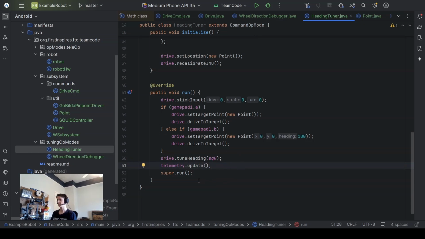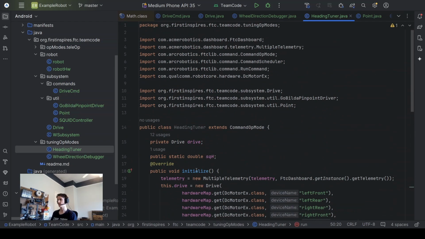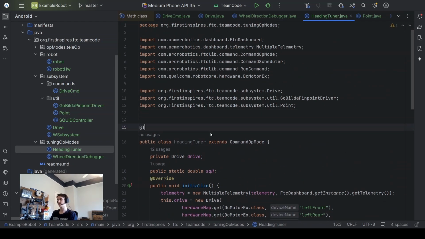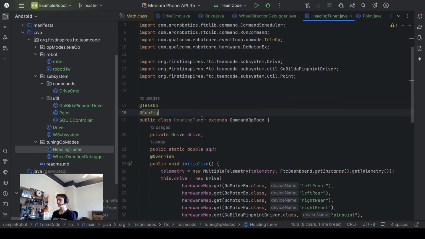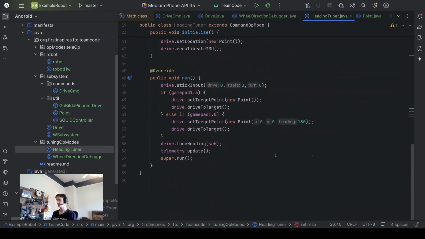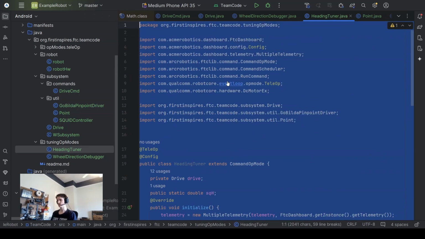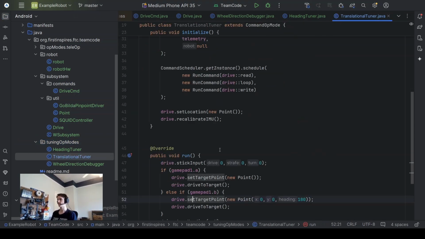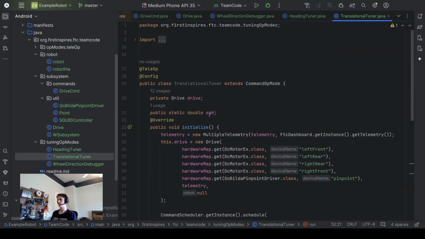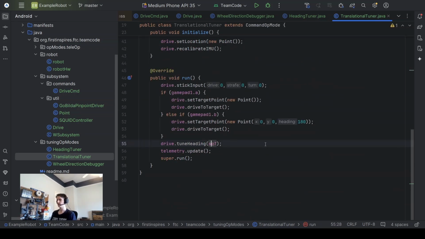Aside from that, we just need to make this the exact same thing basically, but for translational tuner. And I am forgetting to add @TeleOp and @Config. So don't forget to add those things. This is what allows you to actually edit this number in your FTC Dashboard. So we're going to do those two things. So just copy the whole class and then paste the whole class and then name it translational tuner. And the only difference here basically is we're going to set this to SQT for translational, and that's good,